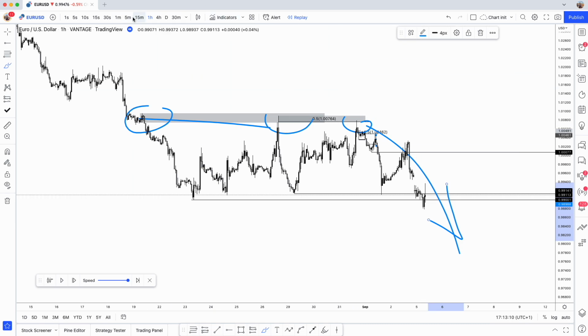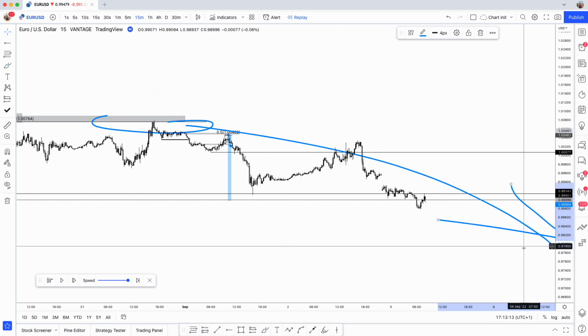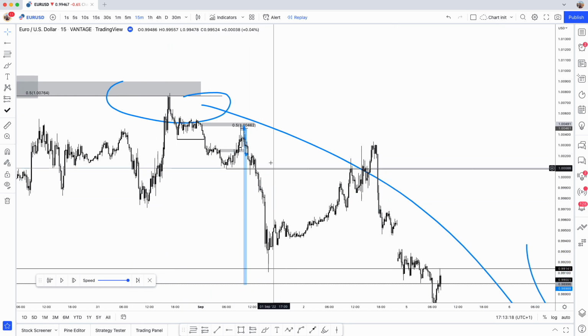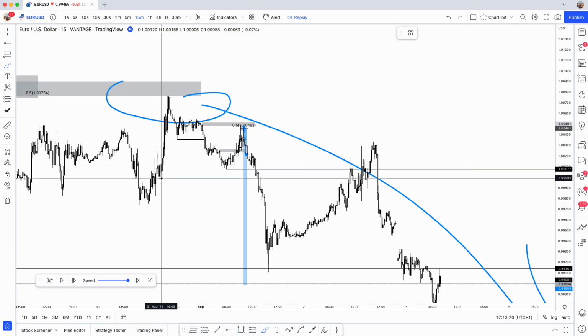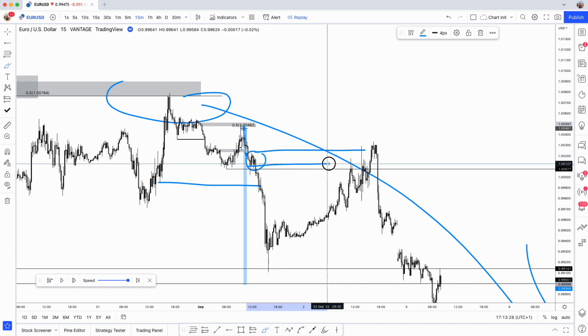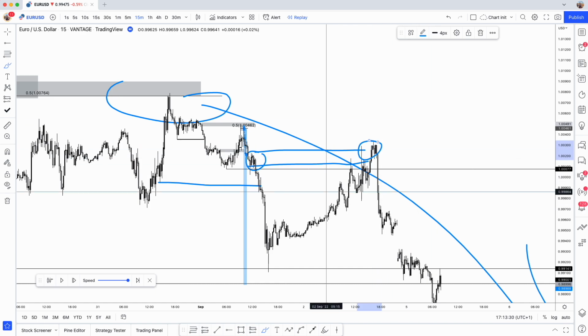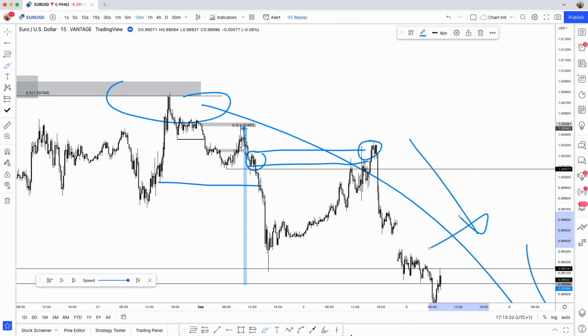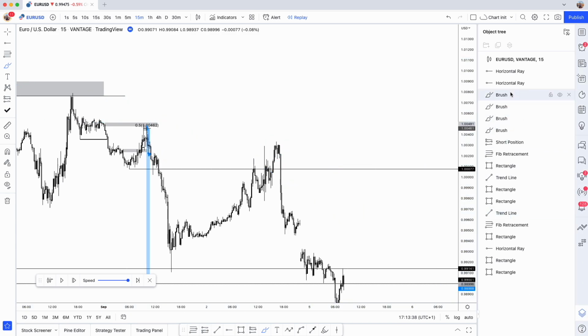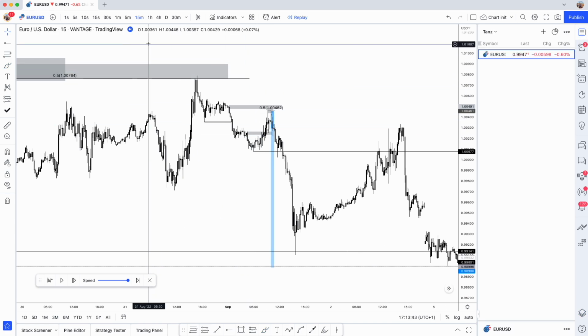And then following that, what we did is we examined the 15-minute time frame in terms of the reaction, but the range was a bit too big. And to be fair, given this range now, it makes sense where price has reacted, in terms of we've gone to take out this low, and in terms of the reaction point, it somewhat makes sense, but I guess it's taken out a liquidity here. But somewhat makes sense where price has reacted from and then continued further down. Let me get rid of my drawings before I make it a mess. There we go. Now, once we've done that, because that 15-minute range was too big, we went to the 5-minute.